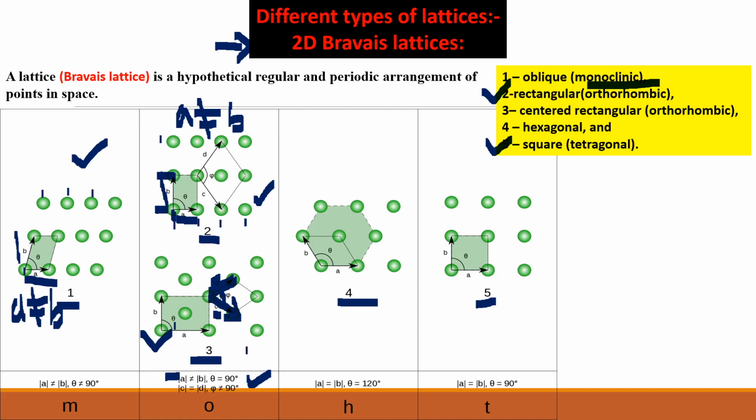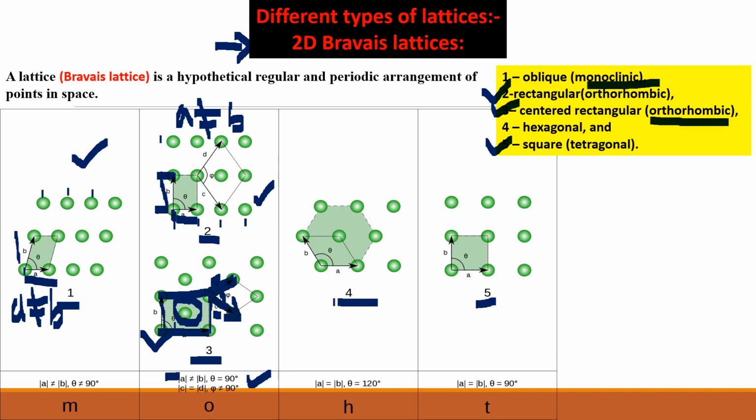So this type of 2D Bravais lattice shows a centered rectangular. Okay, so why centered rectangular? It means if we trace the axis, one of the atoms remains in the centered position. If we draw the rectangle, one of the atoms is still remaining in a center point. That's why this is called a centered rectangular, and this type of crystal structure indicates an orthorhombic crystal structure.